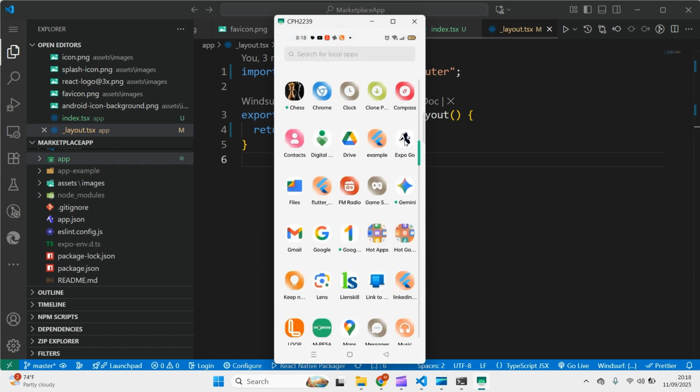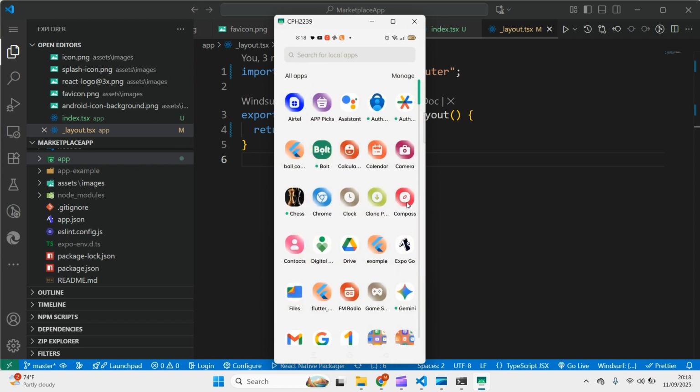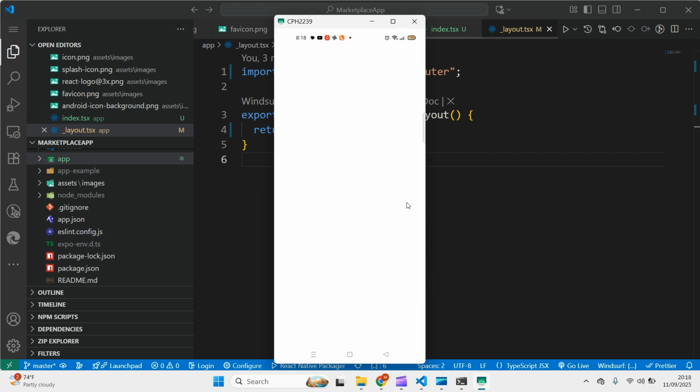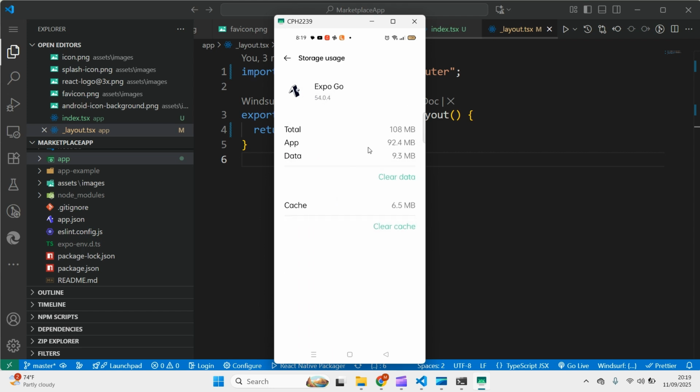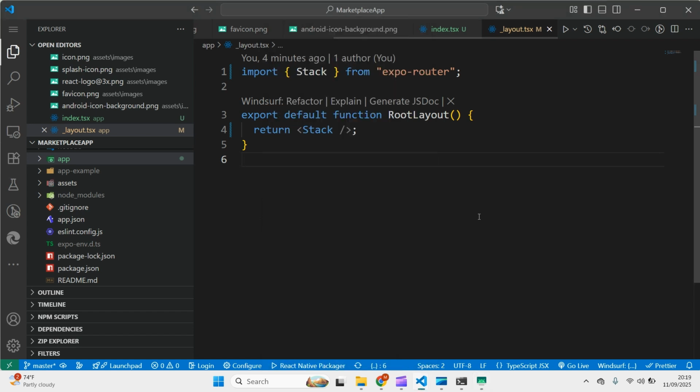I want to show you how I usually do that. I can press on this app and you will get the info. Press on info, and once you get the info, you can delete the storage data. This will delete the storage data, the cache data, all of this. Now it's clear. So if you now go back to the terminal,